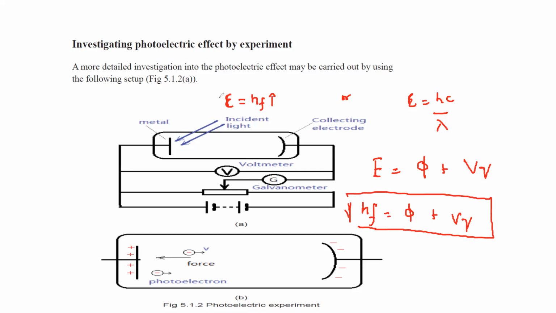Now you can see from this equation, if we increase the frequency of the radiation, it means the energy will also increase. If the energy increases, because the work function is constant, say the work function is 30 joules, what is the effect of increasing the frequency on kinetic energy? The kinetic energy will also increase because hf equals phi plus VE, where phi, the work function, is constant. So if we increase the frequency, we increase the energy of the wave.